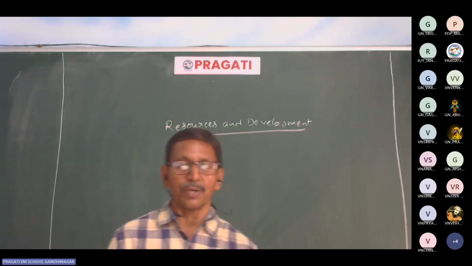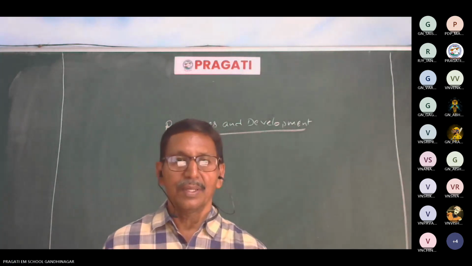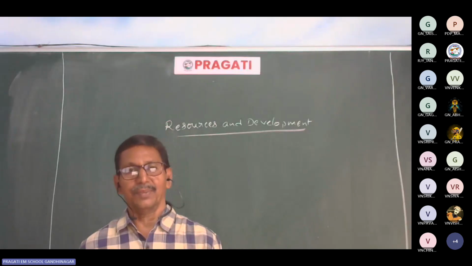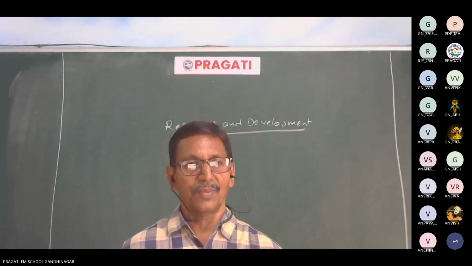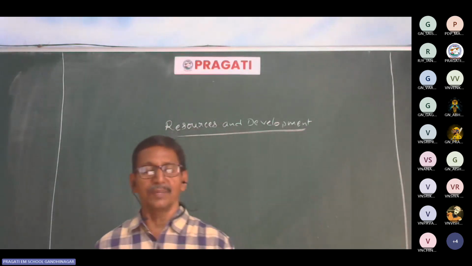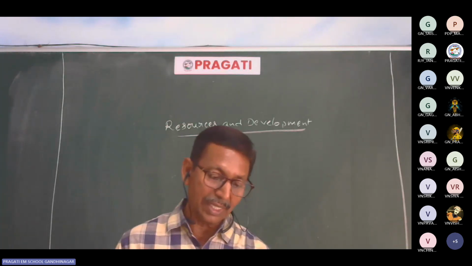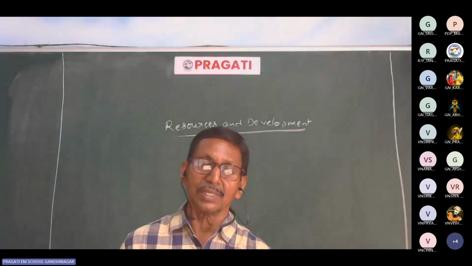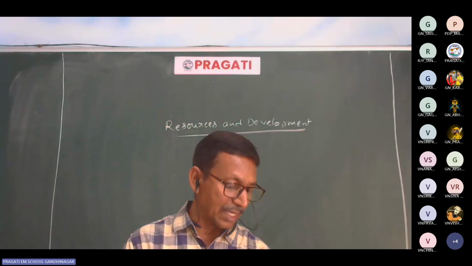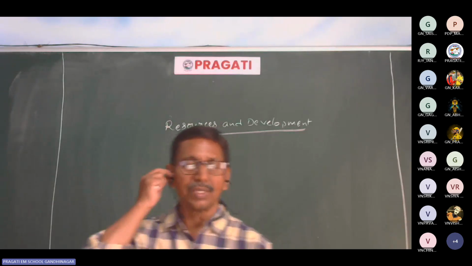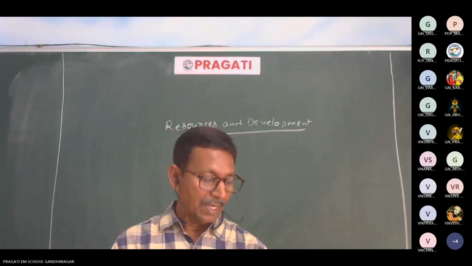The resources we have to utilize properly. At the same time, it can be passed on to the next generations continuously. Otherwise, if we use the resources at a rapid speed, what happens? The coming generations may be affected. So in the resources, we can find sustainable existence, sustainable development. What are resources? Resources definition. At the same time, what is wasteland? The land which is left over for many years without cultivation may be called wasteland.